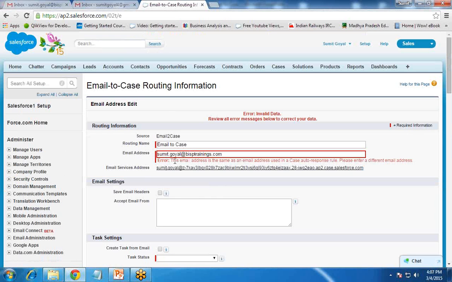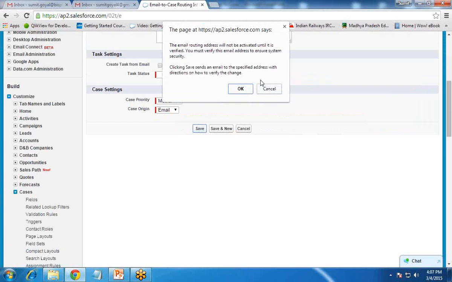Because this email address is the same as the one already used in the case auto response rule, so we cannot use the same email ID. We have to use a different one. So I use another email ID and click on Save.